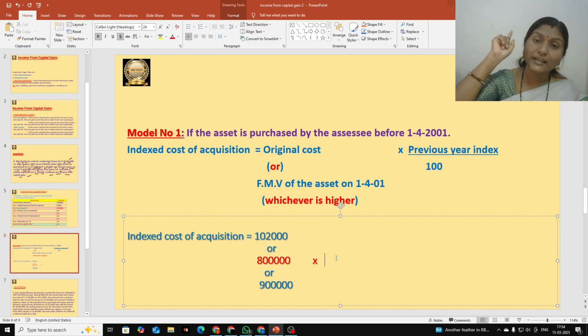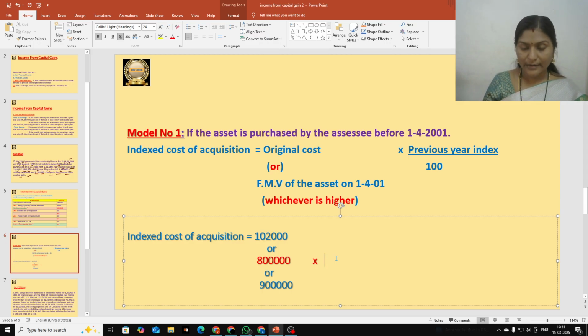Only previous year index number is 348, remember that. And 1-4-2001 index number is 100. Remember these two numbers. Sometimes they give, sometimes they may not give. So if you remember these two, that will be good. And the remaining other index numbers will be given in the question compulsorily. So 8 lakhs into 348 divided by,